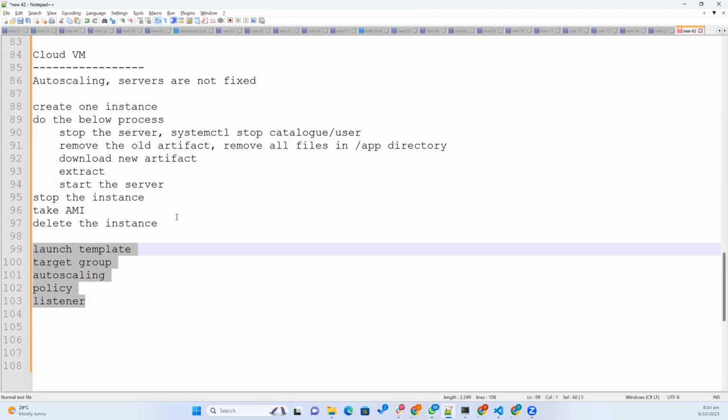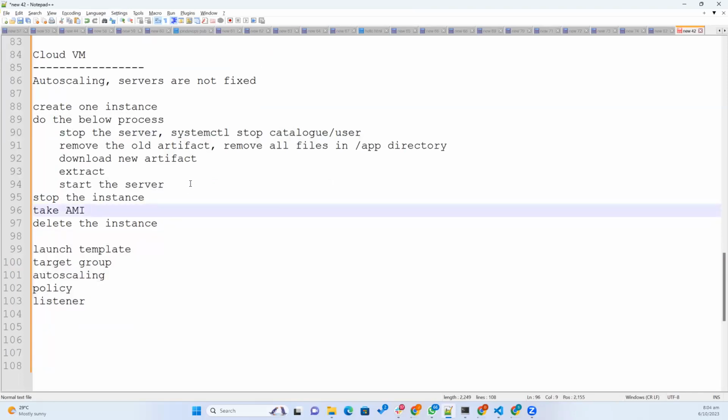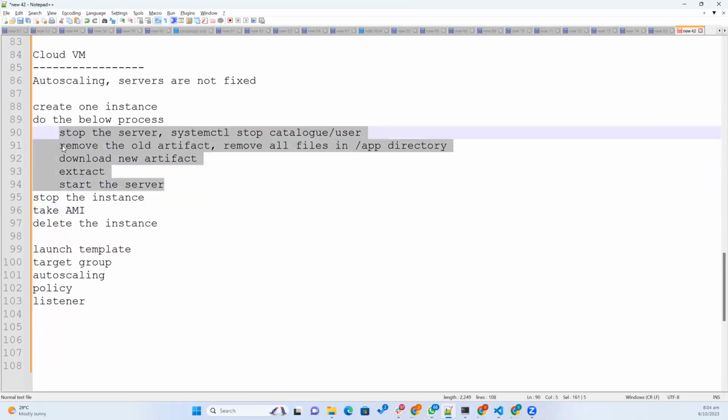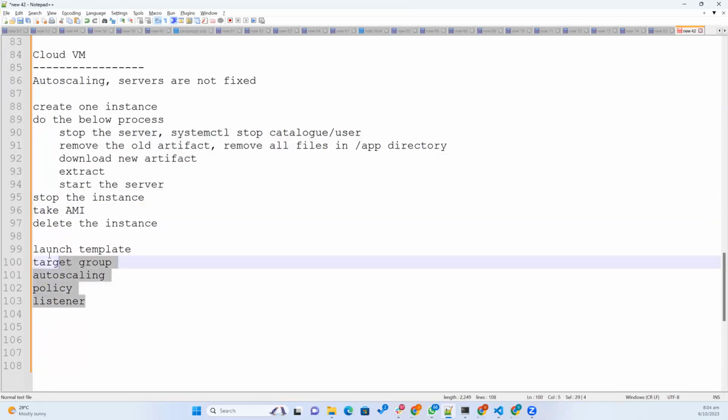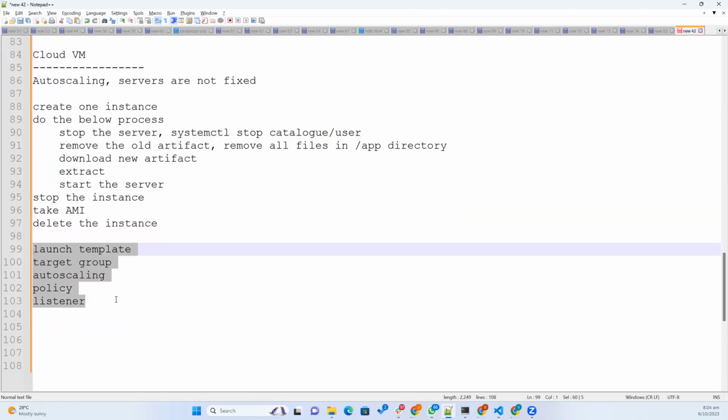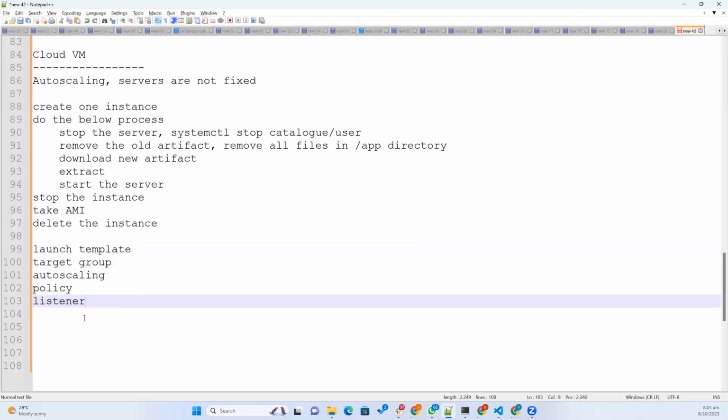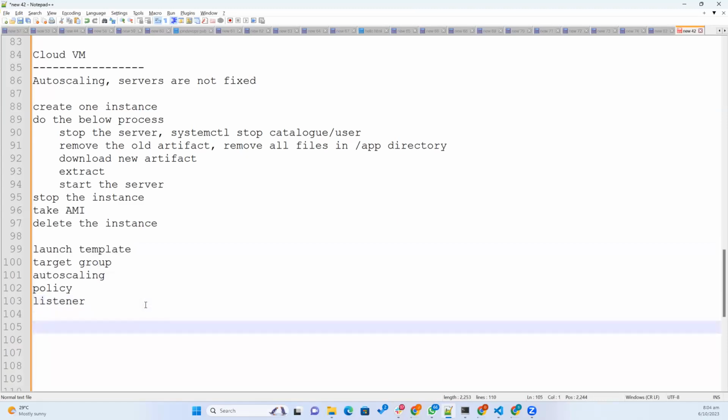Okay, so the only extra step you have to do is create one new instance and install your latest version of the application in it, stop the instance, take the AMI, and then create all these things. So now your application at least will be handling some traffic dynamically inside the cloud environment. Inside the cloud environment, no one will suggest the VM-based approach, but still we need to understand that. So what we are going to do next week, for one application like catalog,